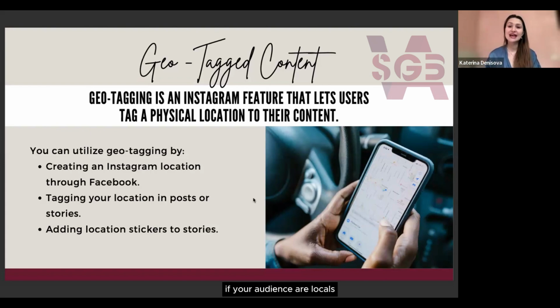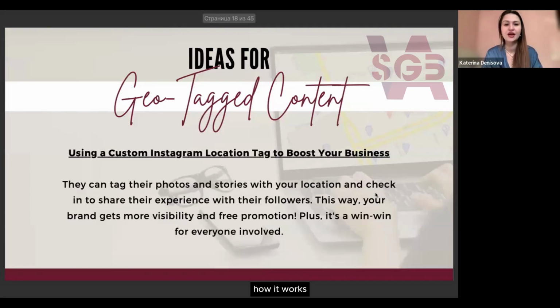If your audience are locals, please make sure to put in geotags places where locals normally are. If your audience is from Brazil, for sure you should put some geotags from Brazil. Everything is absolutely easy here. Just remember to do it and you will be shocked how it works.